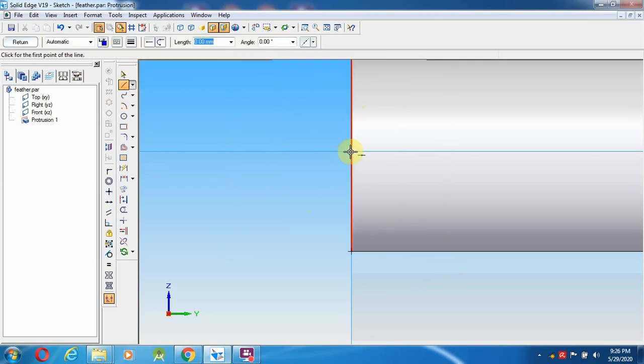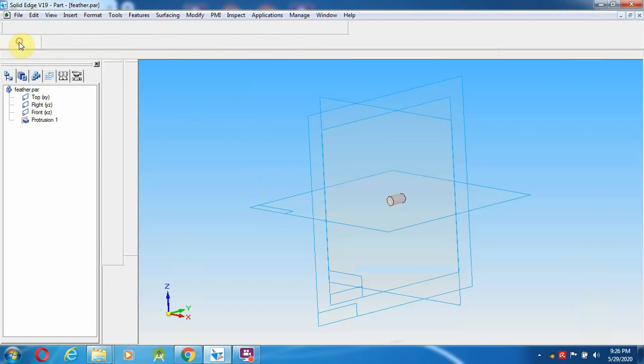Select a line from here to 2.25 mm, and height 3 mm. Then again 4.5 mm. Now I am going to give 3 mm, and this length is 2.25 mm. Now I give return.